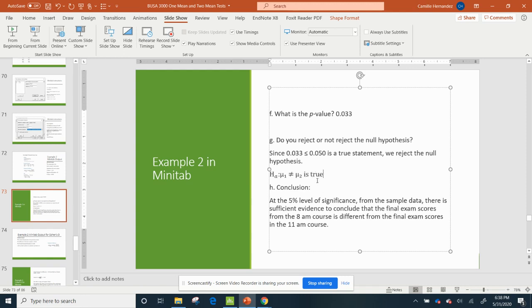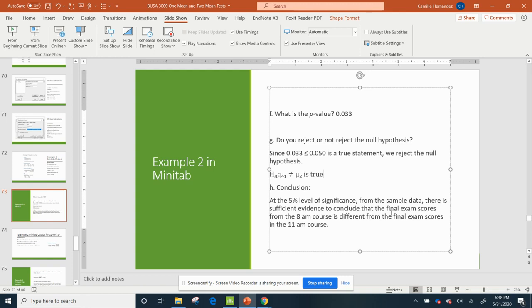Okay, that might help. So now I'm saying my alternative is true. So the average final exam score for the 8 a.m. class is not the same as the average final exam score for the 11 a.m. class. So at the 5% level of significance from the sample data, there is